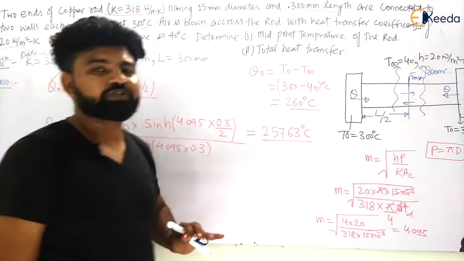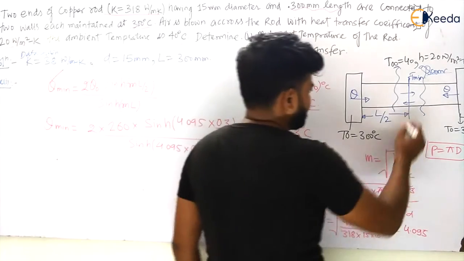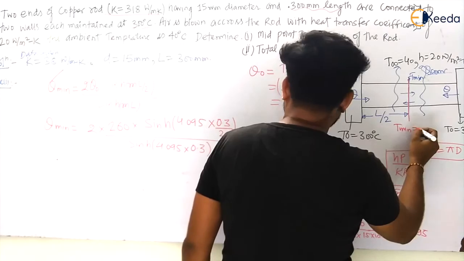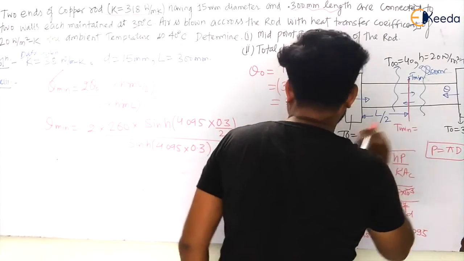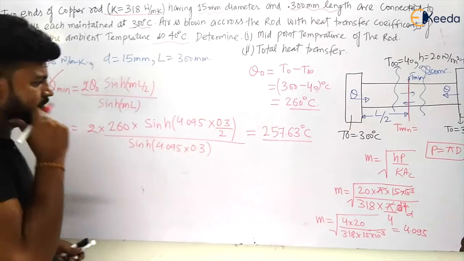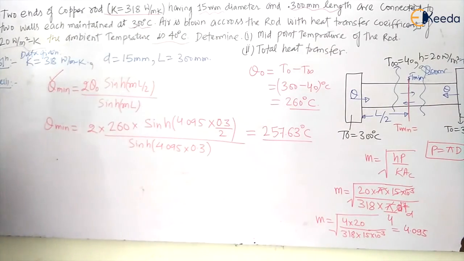So now in this case we have calculated the minimum temperature. So at this point there will be T minimum, and this will come equal to T minus T infinite. So can I have the T minimum here? So I don't need to calculate the T minimum because I can easily get the heat transfer from this. So what is asking? Midpoint temperature of the rod. So he is asking about the midpoint temperature of the rod, my dear students. So can you calculate the midpoint temperature?